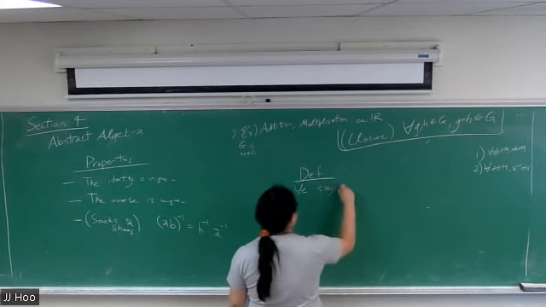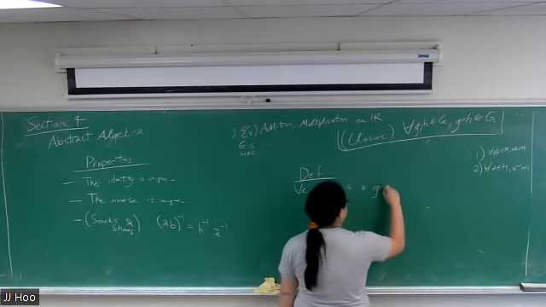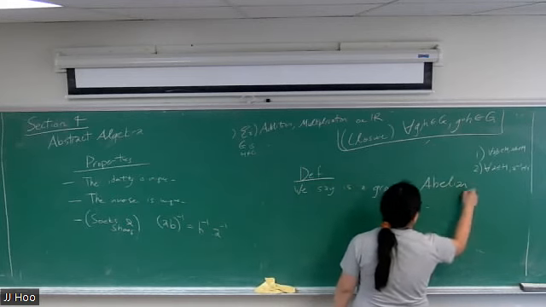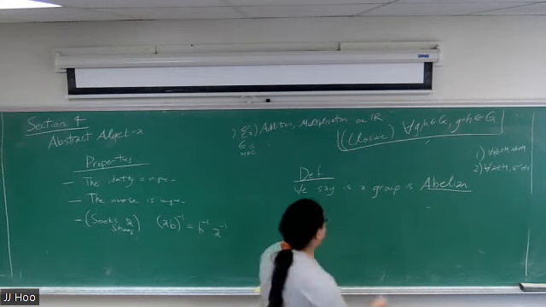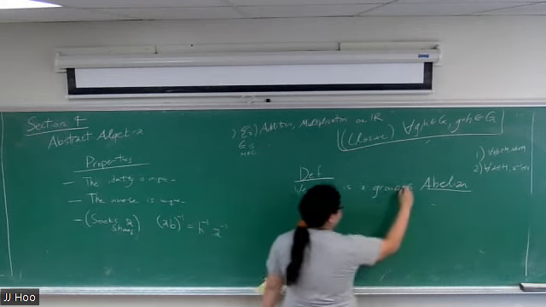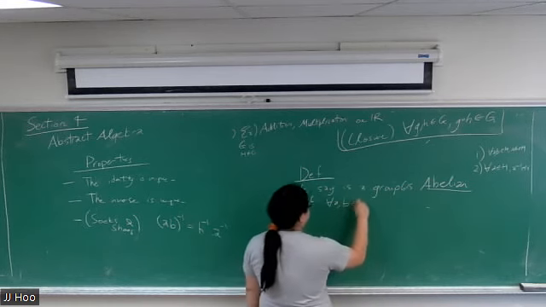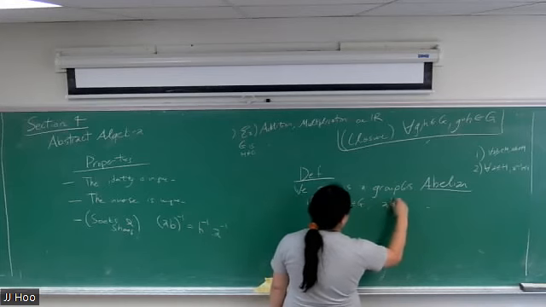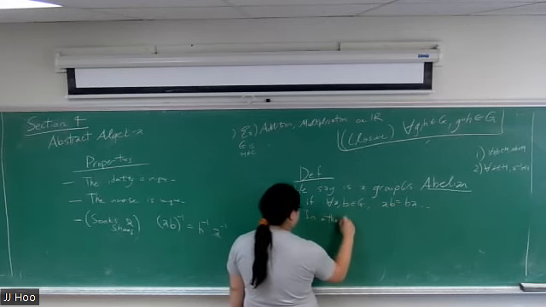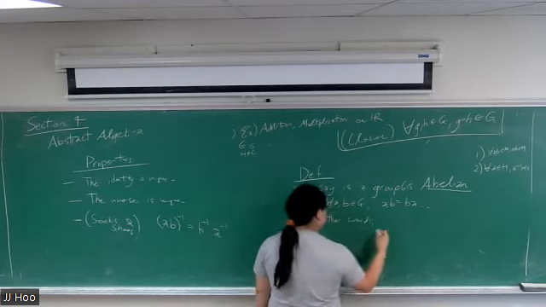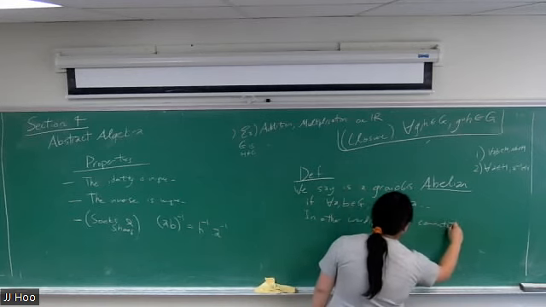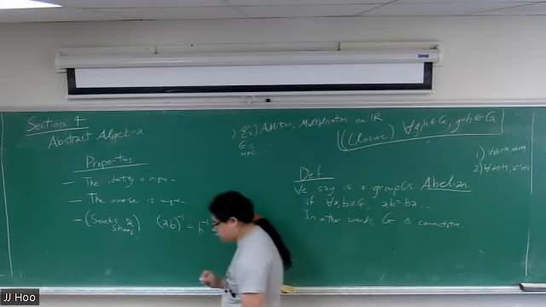We say a group is what we call abelian, or we'll say like G is an abelian group, for example. But we say a group is abelian if for every A, B in G, AB is equal to BA. In other words, it's commutative. So the word abelian just means commutative, because you notice that commutative was not part of the definition